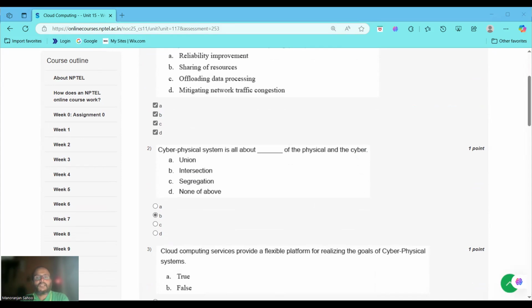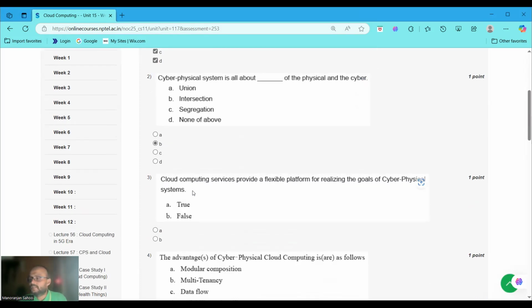Because cyber physical systems, CPS, are an integration of the computations of cyber and physical processes. They involve the integration of the physical and cyber worlds to create a system where physical and software components are deeply intertwined. That's why we choose option B. Another thing is that cyber physical systems integrate physical processes with computations from cyber components, focusing on their intersection to enable real-time monitoring and control, such as smart grids and autonomous vehicles. That's why I choose option B, the intersection.